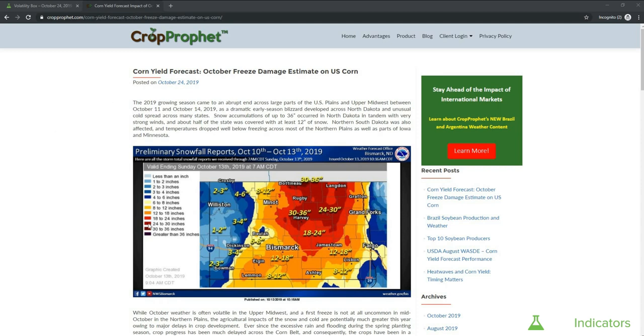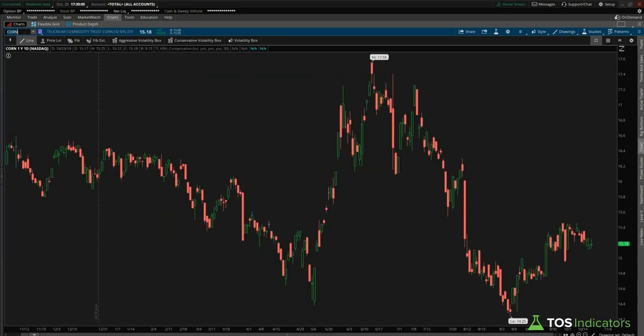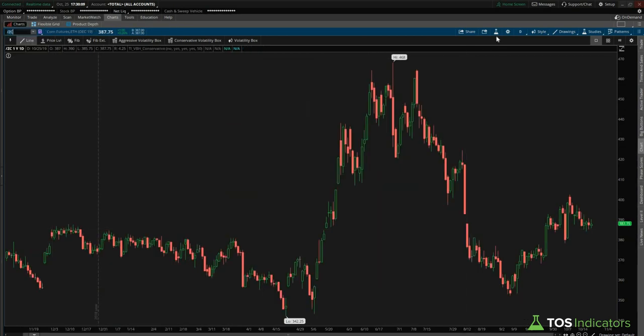And if we take the same transition and bring it to our charts, here we have the corn futures plotted, but you can also take a look at the corn ETF if you'd like. Really the same chart, but let's take a look at the futures chart. And we'll go ahead and add some of our free indicators on here just to make sure that our trade makes sense from not only that theme perspective that those of you that follow Ophir are probably used to hearing.